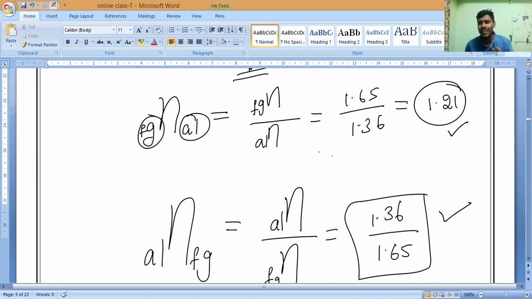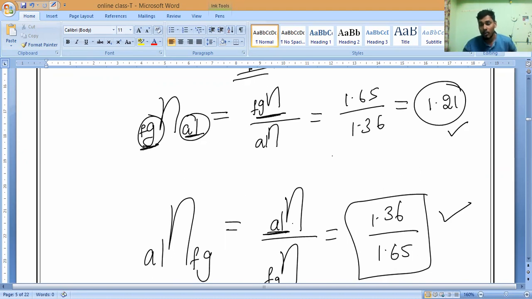They won't mention relative or absolute. You have to understand based upon whether we are comparing something other than air. You must understand it is what, guys? It is relative refractive index. Understand, everybody? Then directly, other than air or vacuum should never come in the numerator. Be very careful. So what they are asking, flint glass in the numerator.